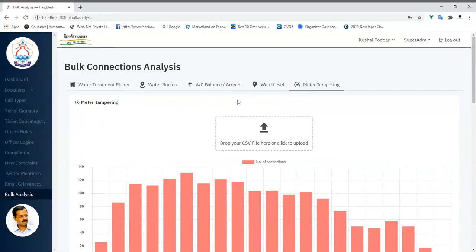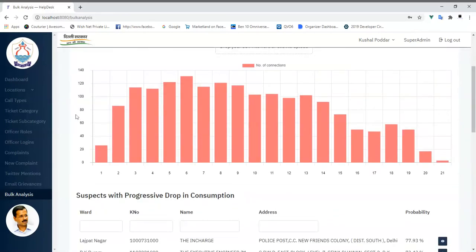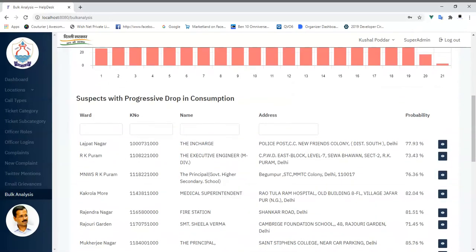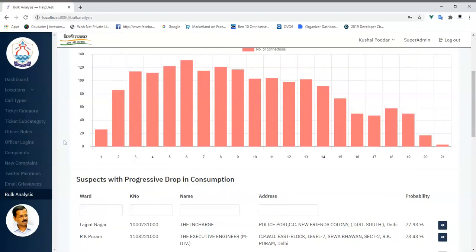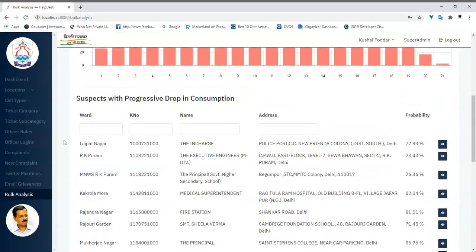The next is the meter tampering option, through which we can get a glimpse of the meter tampering going on in the city. So in case we have some suspects whose consumption is dropping gradually, this can be checked through this option. Presently, we have identified around 200 connections through a state-of-the-art algorithm, and if we check this option, we can see the ward, K number, and the details, and also the probability of being a suspect.